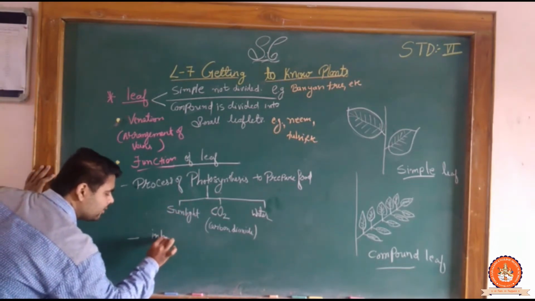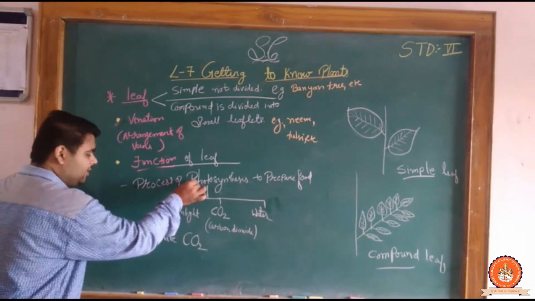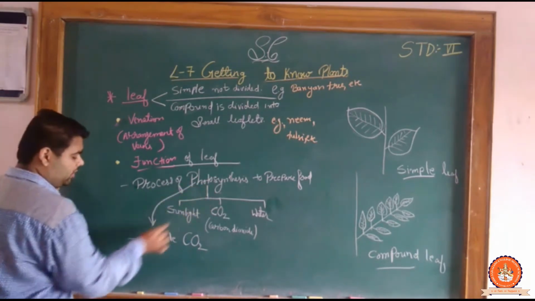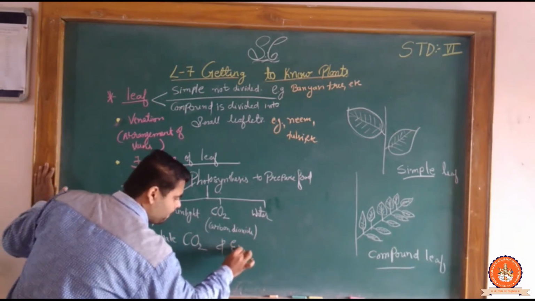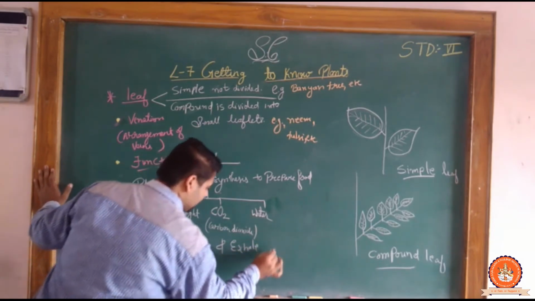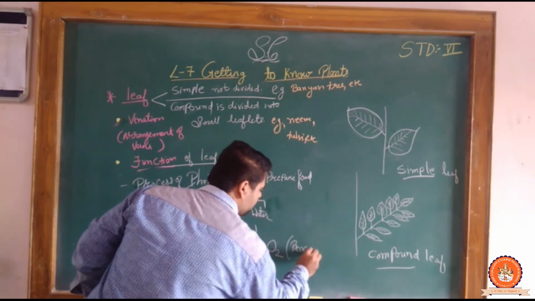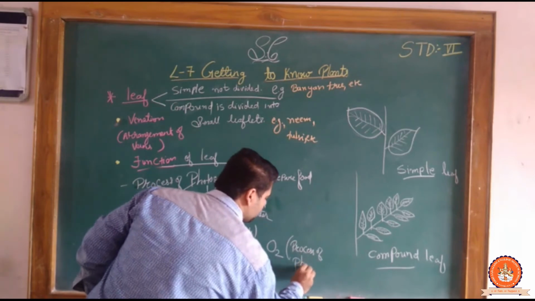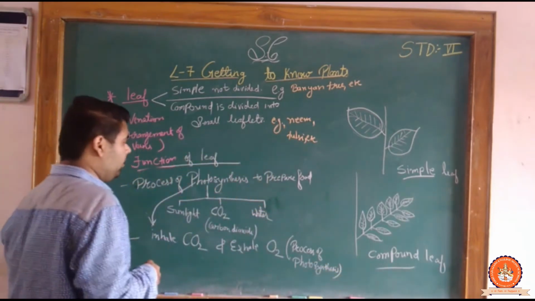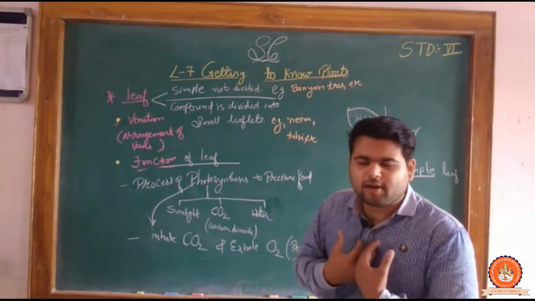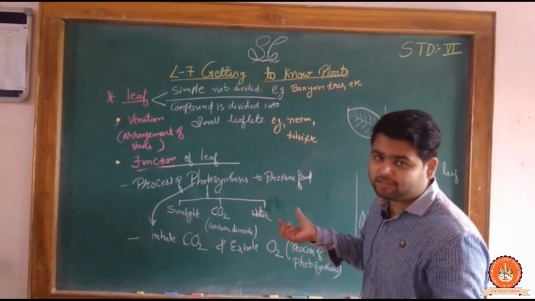Now what they are doing, inhale carbon dioxide, meaning when they breathe in they take carbon dioxide. In the process of photosynthesis they inhale the carbon dioxide and exhale oxygen. When? Process of photosynthesis. So in the process of photosynthesis, they take carbon dioxide from the air and the oxygen they are removing. Clear? So with that oxygen we are alive.